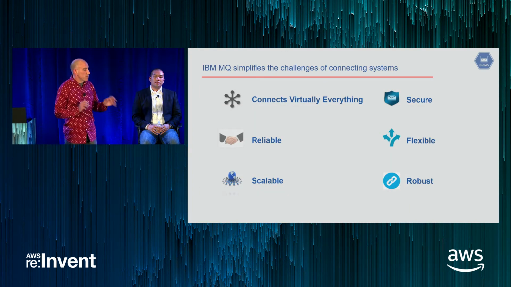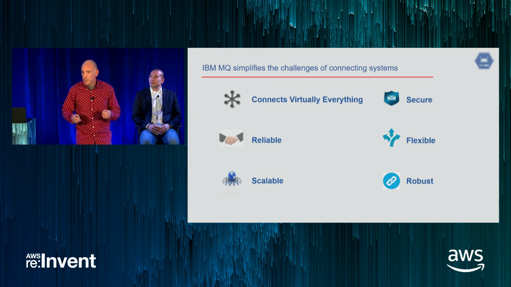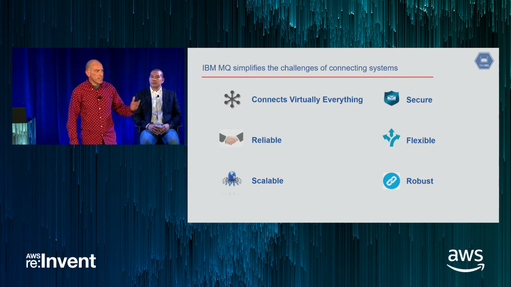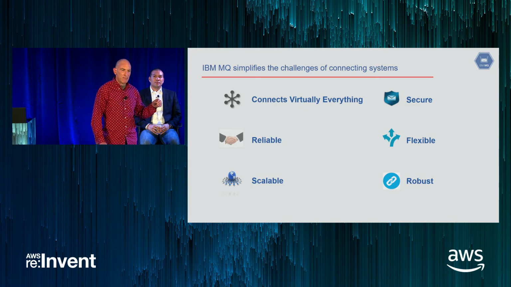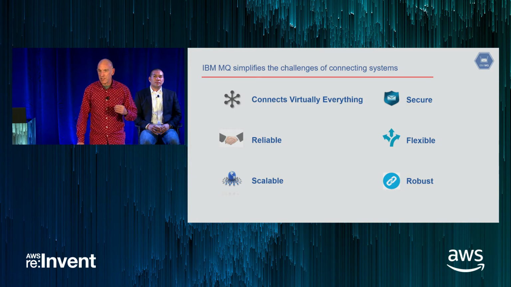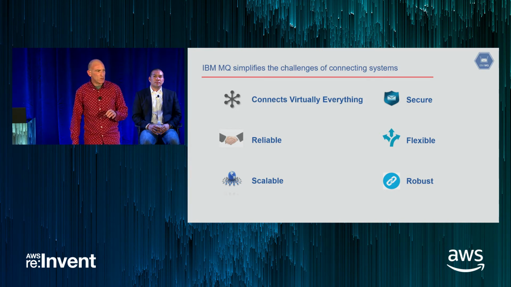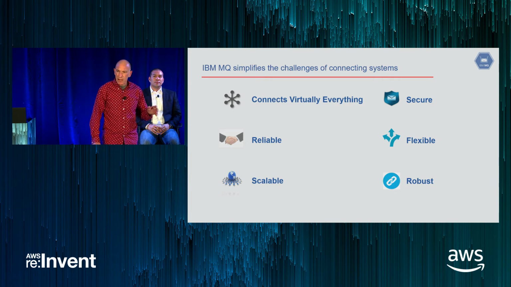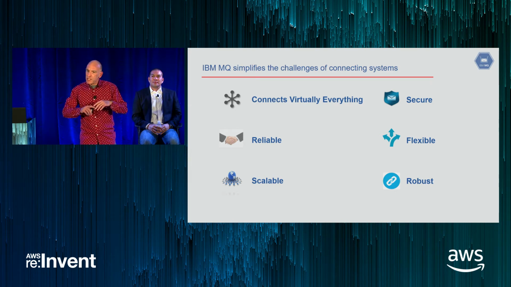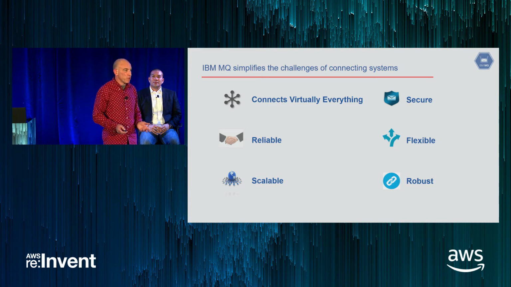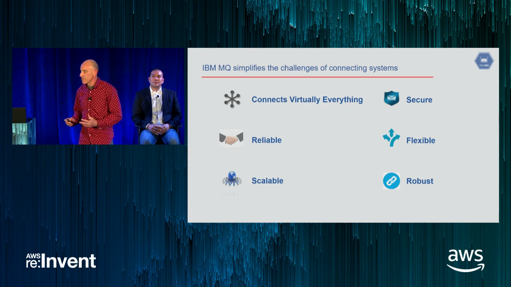MQ itself simplifies those challenges. The challenges that we have initially, when I first started working on MQ, probably 25 years ago, the challenge was around the unstable networks. Networks were dodgy. We had to do work to help make that good. Networks have got a lot better, but what we're doing now is going outside of the on-premise environment, and we're bringing in the entire internet. So all those challenges that we faced all that time ago are still there, and they're probably now multiplied. So connecting everything is vital.